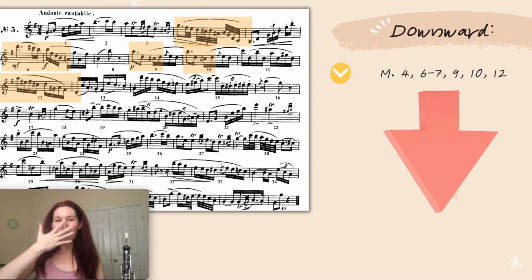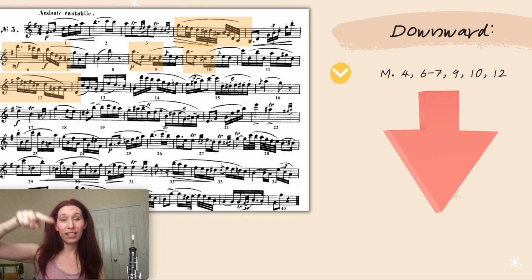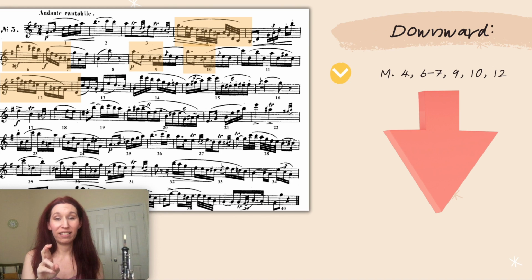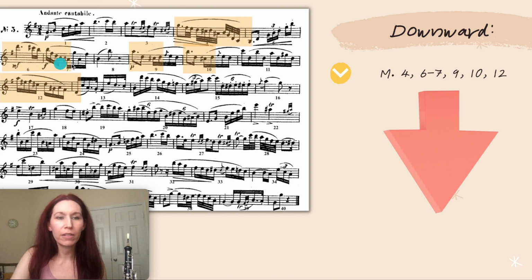So I can feel it kind of descend as I'm playing that line. How I feel and what I see on the page go hand in hand, and they should, okay? So again, I have these lines marked separately. All the yellow highlighted passages are downward momentum passages. And then we're left with